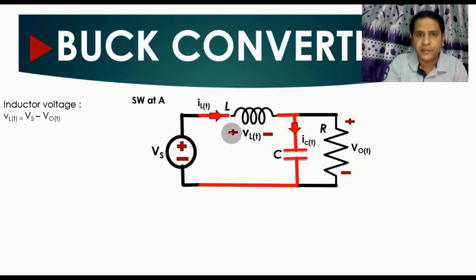The polarity for the voltage across this inductor is plus here and minus here, and the voltage across this inductor is VL(t) over a time period T, right? So now we will find what is the voltage across this inductor. So the voltage across this inductor is VL(t). And what is VL(t)? If you apply KVL in this loop,